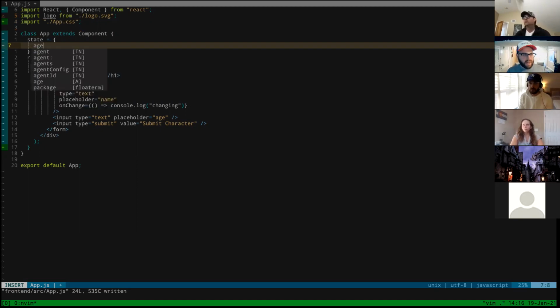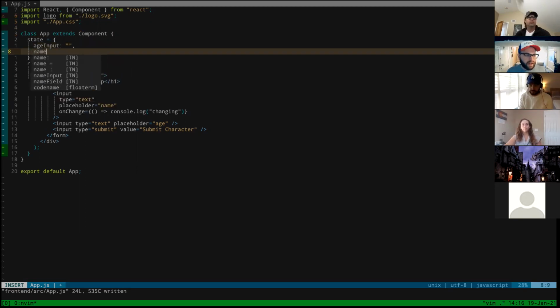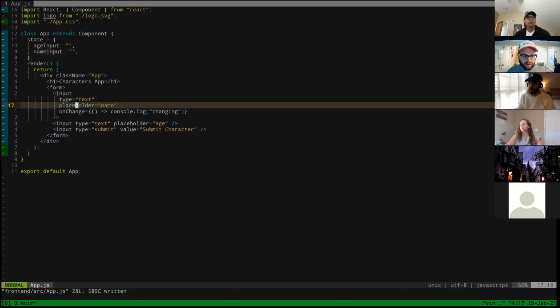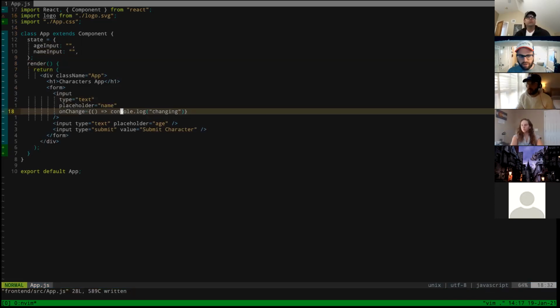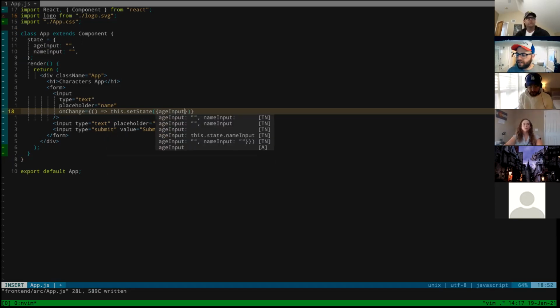So I'll make age input and set this equal to an empty string, and then name input set equal to an empty string. Cool. And now what I could do is on change for this input, I want to say this dot set state, and the state that we're going to change is age input is going to be set to,